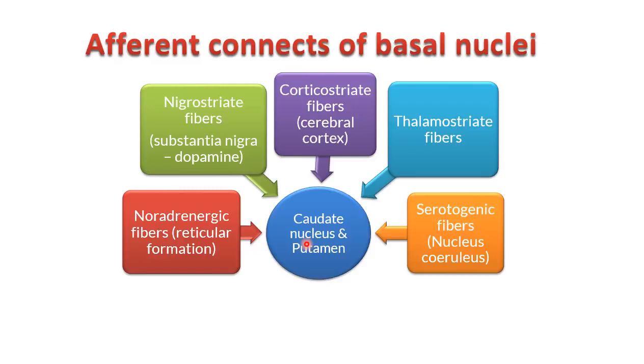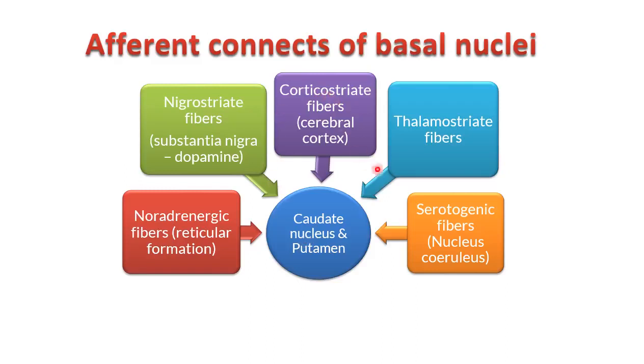So, all parts of the cortex. I'm not going into much detail, because different parts of the cerebral cortex project to different areas of the caudate nucleus and the putamen. Just remember, from the cortex to the caudate nucleus and putamen, that is the corpus striatum,